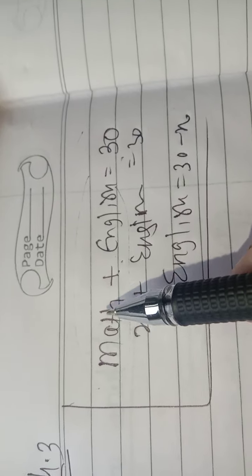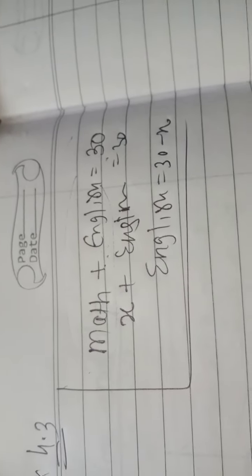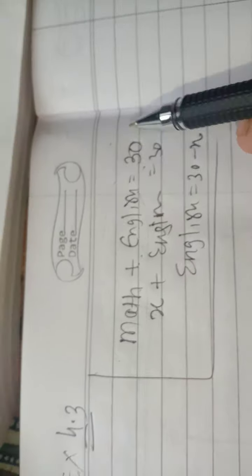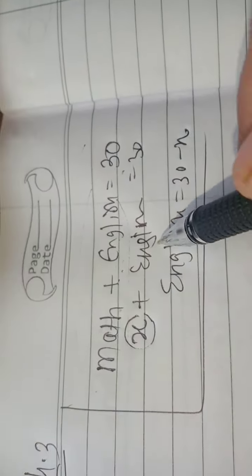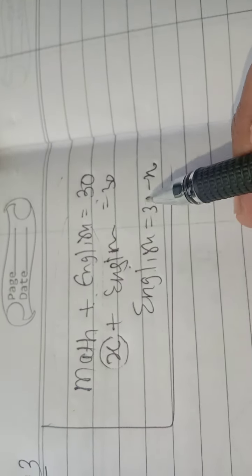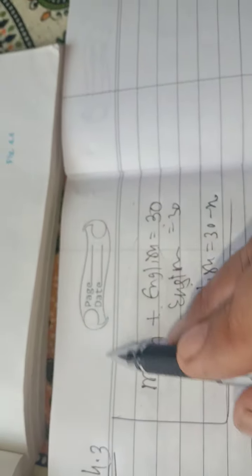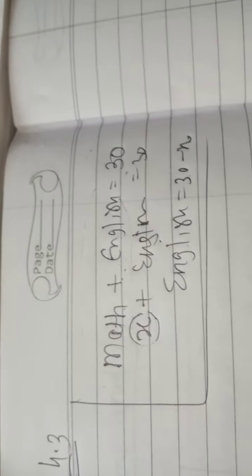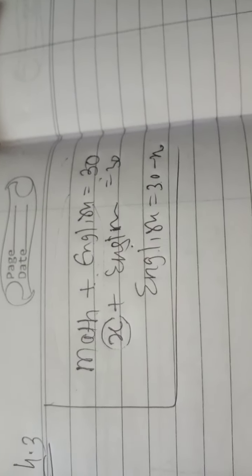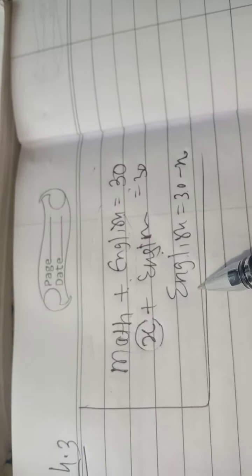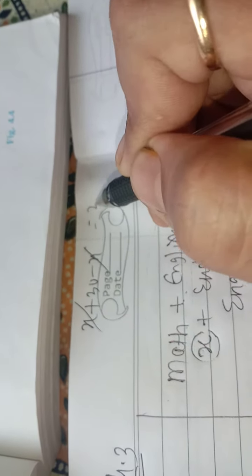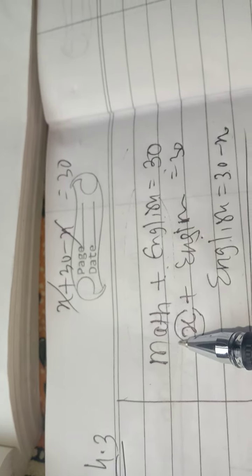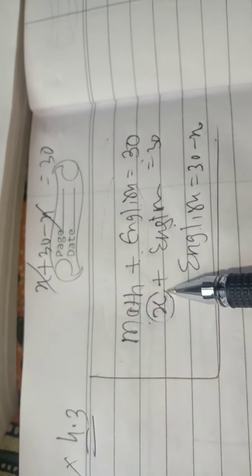So we will write here maths plus English is equal to 30. Why? Because the sum of marks of maths and English is 30. So if I consider the marks obtained in maths as x, what will be the marks in English? It will be 30 minus x. Make this concept. Sometimes you get the sum of 2 numbers, the sum of the ages. So here you can do like this. If I add x plus 30 minus x, x will be cancelled, I get 30. It means that by this way we can make the 2 conditions using one variable x.